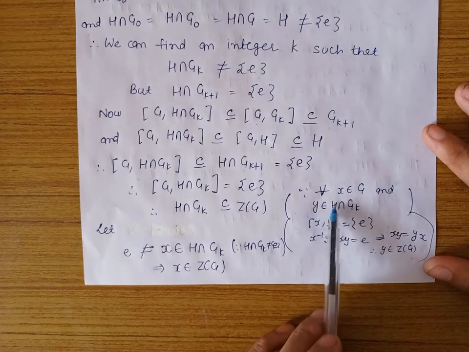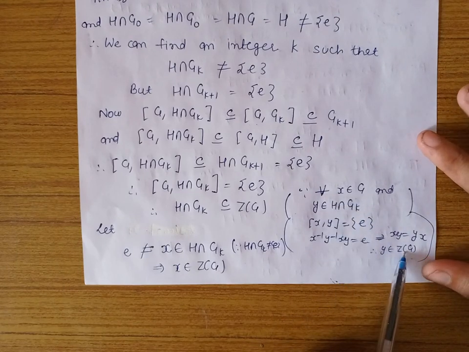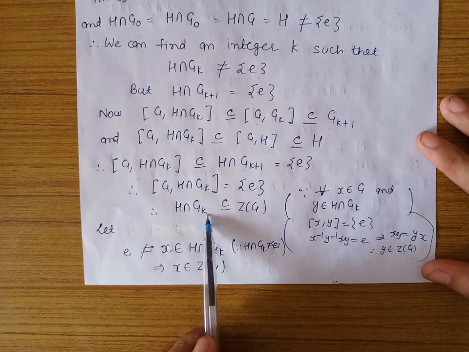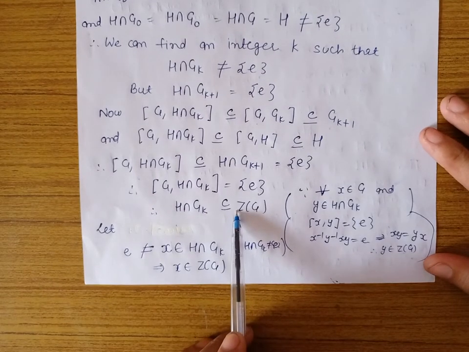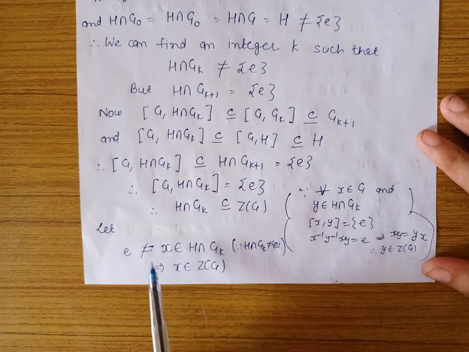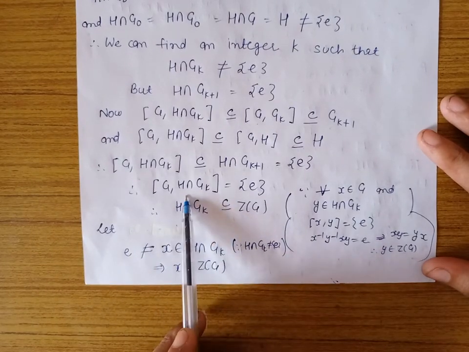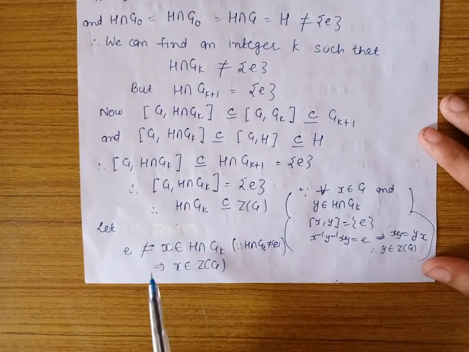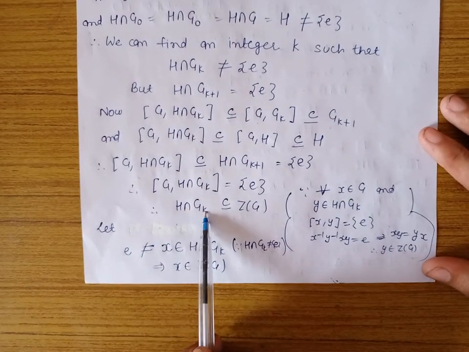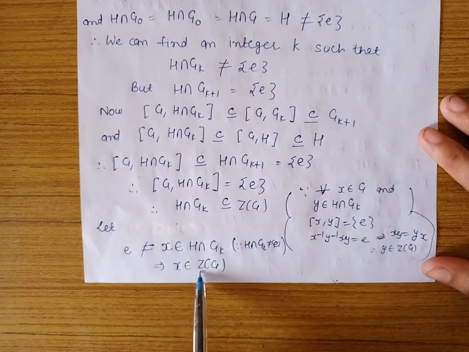Y belonging to H intersection Gk is an arbitrary element and that belongs to the center of G. So we can say that H intersection Gk is contained in the center. Now let us take a non-trivial element X belonging to H intersection Gk, because H intersection Gk is not equal to identity, as we have already taken. Now because H intersection Gk is contained in the center, this X will also belong to the center of G,